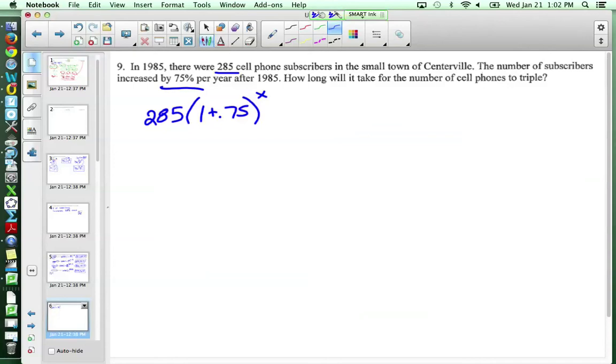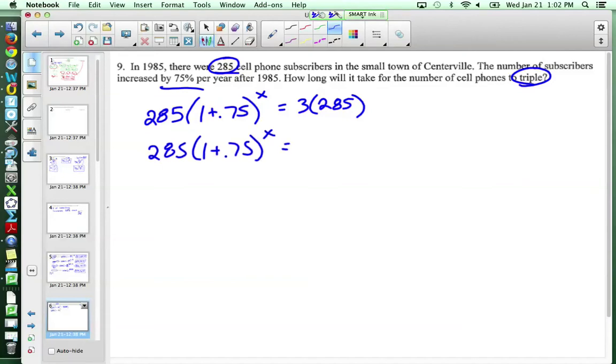I want to know how long will it take for the number of cell phones to triple. So if we want the cell phones to triple, if we start with 285, then triple that is 3 times 285. So simplified, we get 285 times 1 plus 0.75 to the x is equal to